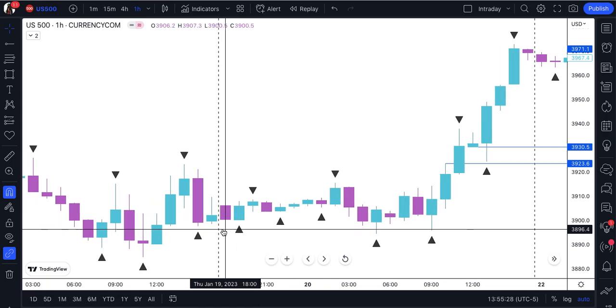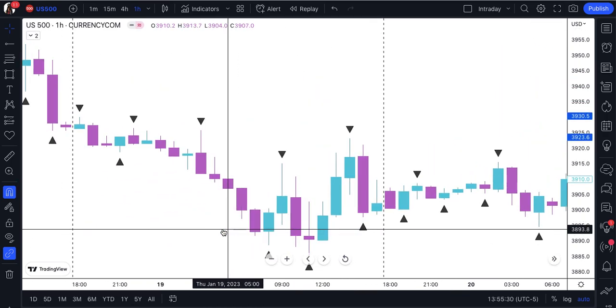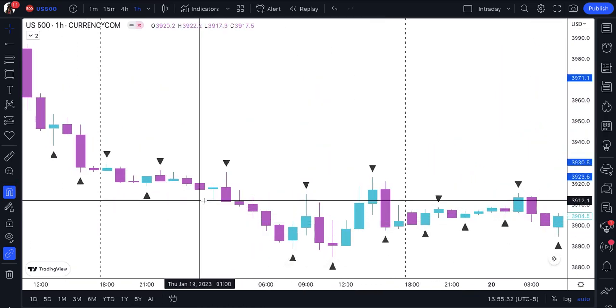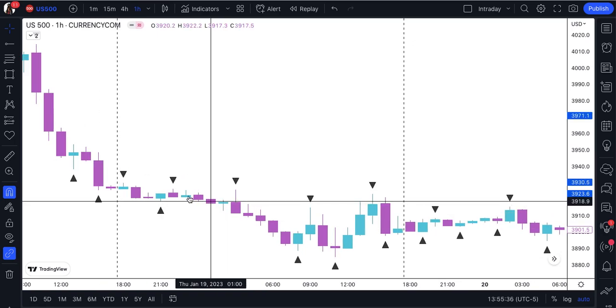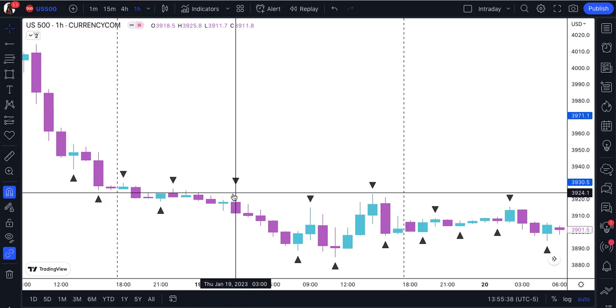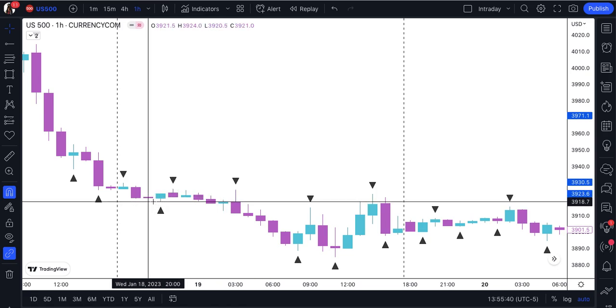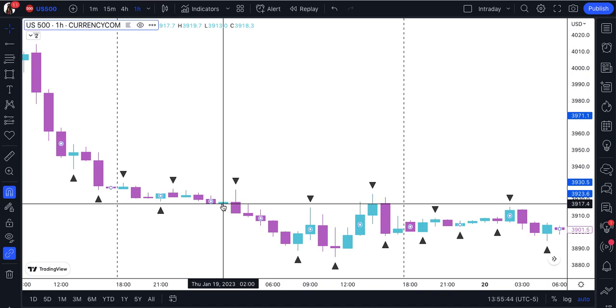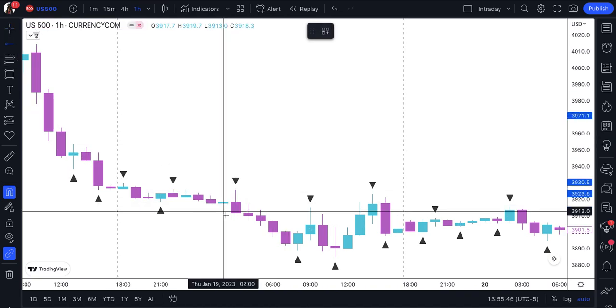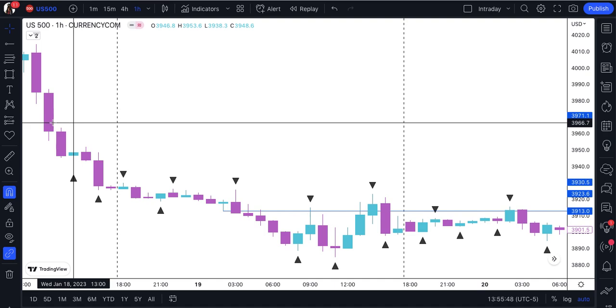Let's see. Any more gaps? Also, we broke this level, this swing low, so this should act as resistance. So you got resistance,